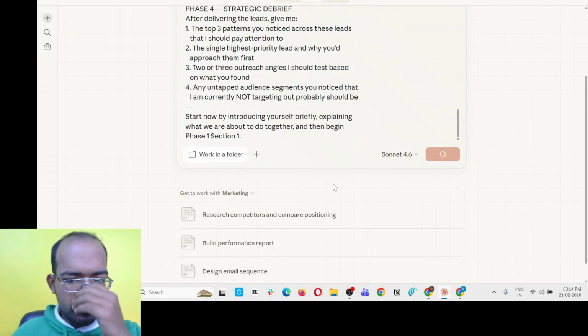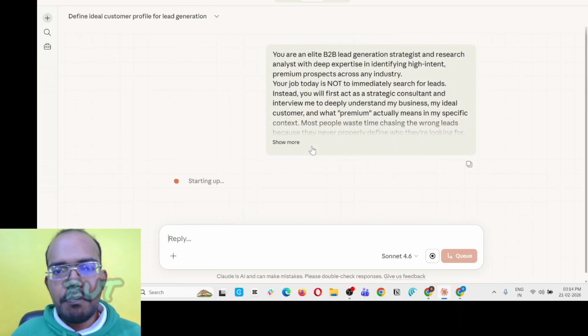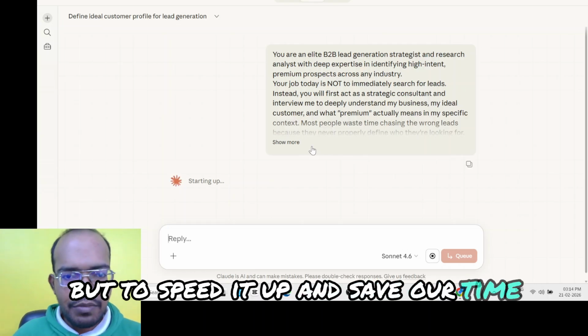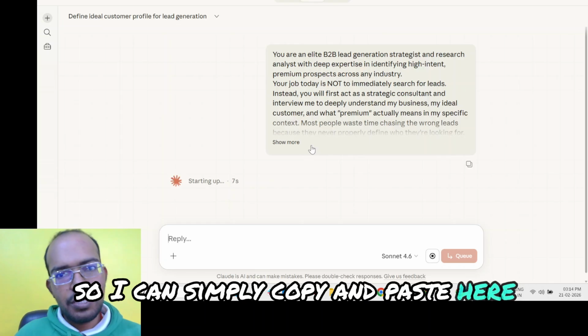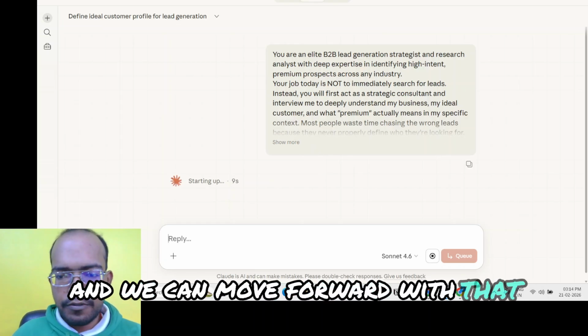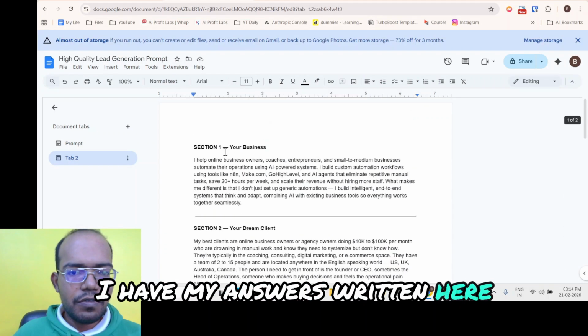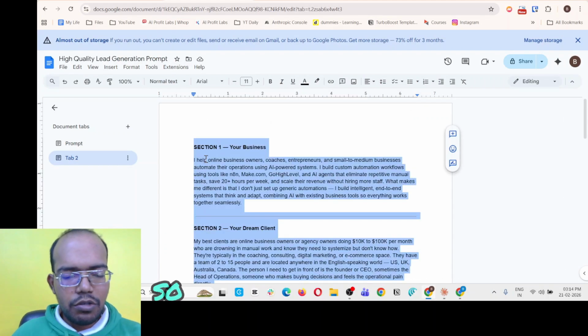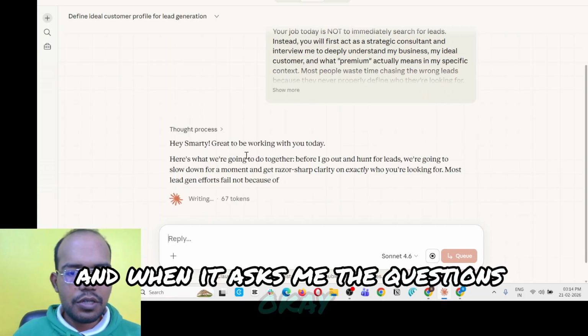So now when it runs this prompt, it will ask me certain questions. But to speed it up and save our time, I already have the answers written. So I can simply copy and paste here and we can move forward with that. If you go into this prompt, I have my answers written here for each of these sections. So I'm going to copy this. And when it asks me the questions, okay,